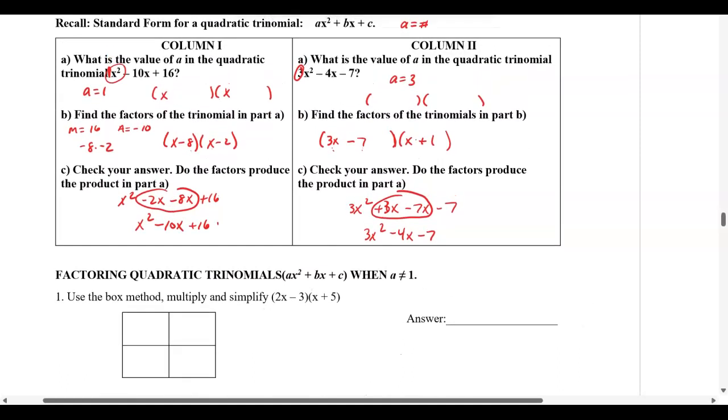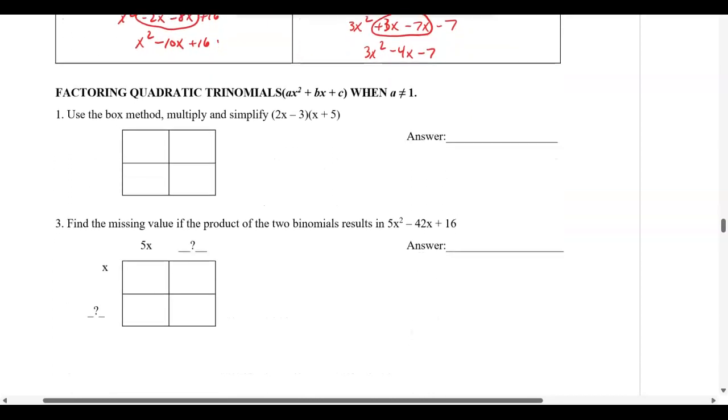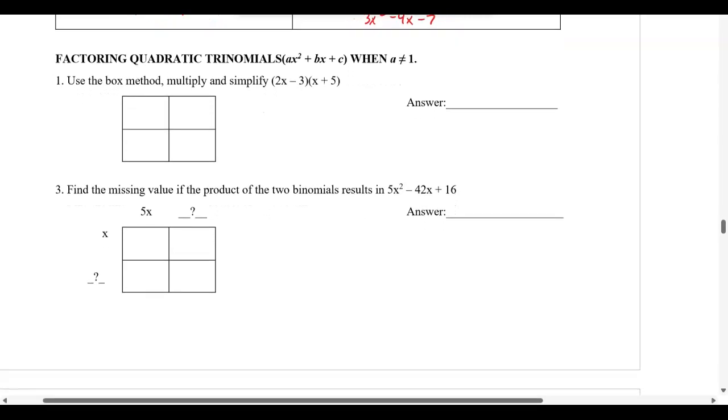So what we're going to talk about now is how do we factor these quadratic trinomials when a is not equal to 1. So let's take a look at quadratics in general using the box method like we did in the last section. So if I go 2x minus 3 up here, and I go x plus 5 down here,